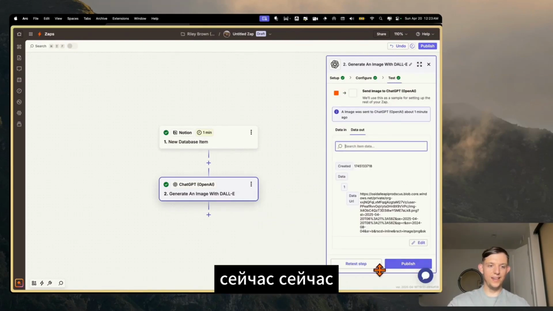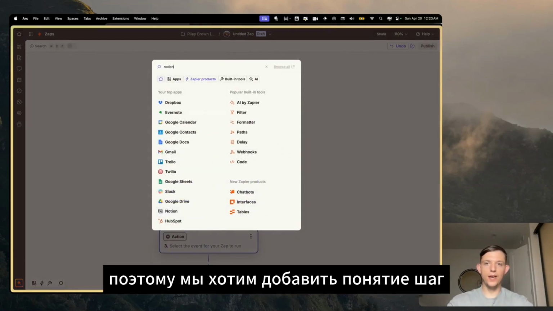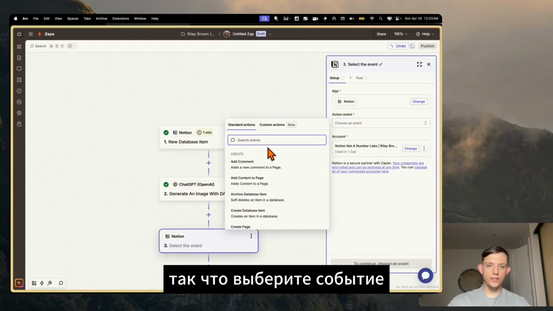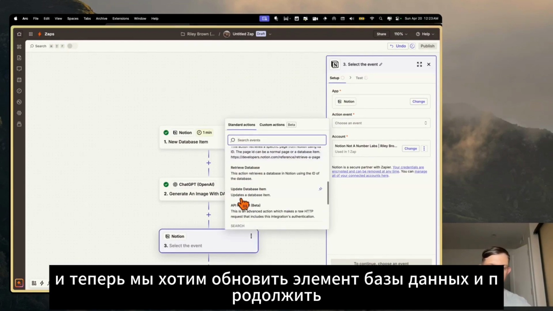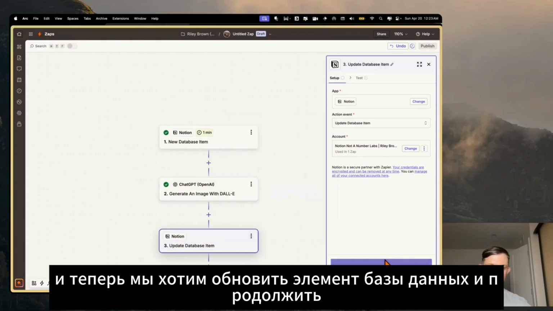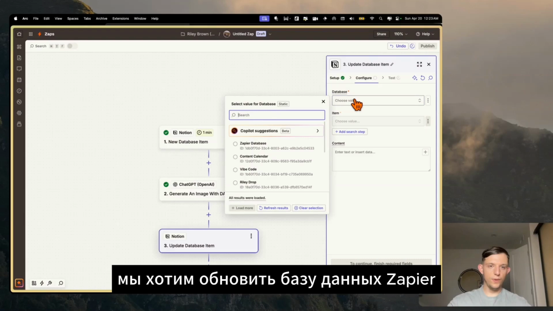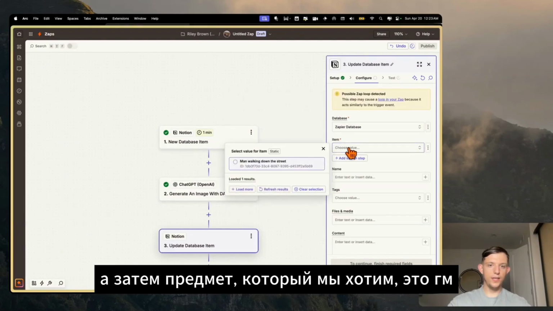Okay, now what we want to do is add another step. So we want to add a Notion step to actually add it as a file. So choose event, and now we want to update a database item and continue. And what we want to do here is update the Zapier database, and then the item that we want is the